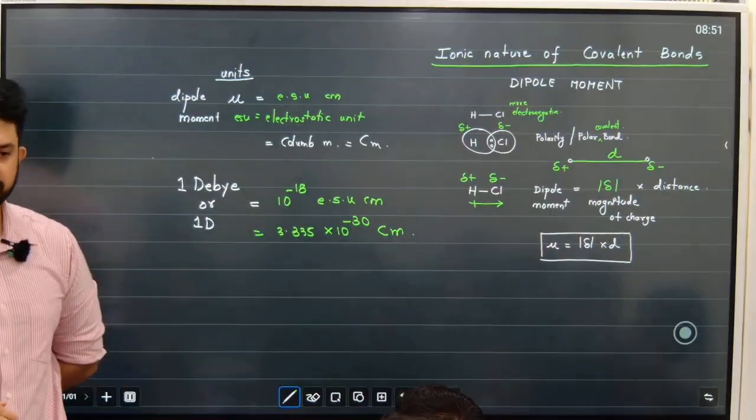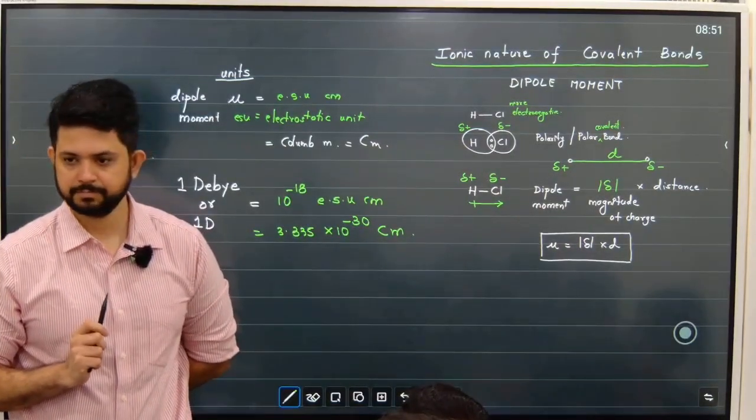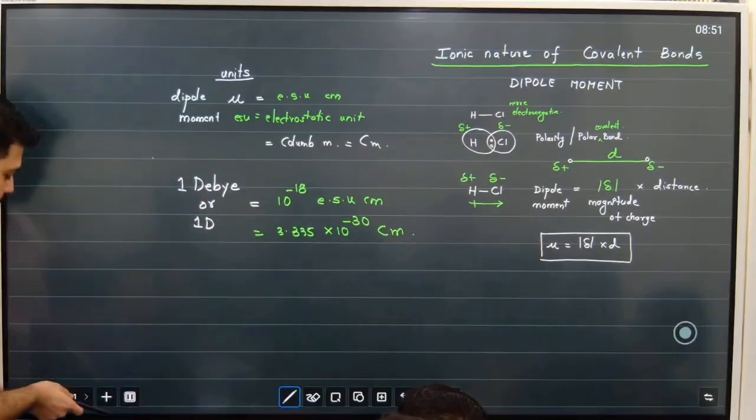We need this unit because eventually we have to do sums based on dipole. With me till here? Now, dipole is a vector quantity,